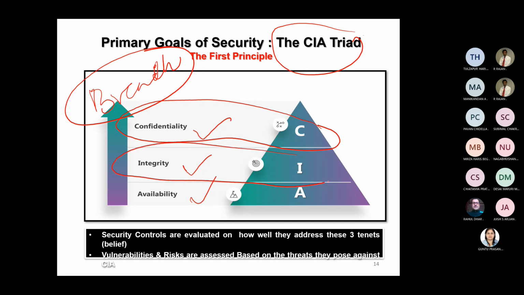Integrity refers to the ability of modifying the information only by an authorized stakeholder. Anyone who's not authorized to modify information, when that person has gotten access to modify, then there is a breach of integrity. So integrity can always be protected using an encryption mechanism, but you have to be very clear what data requires integrity to be protected. Data which is required to be available to the public does not require technology controls to protect integrity.